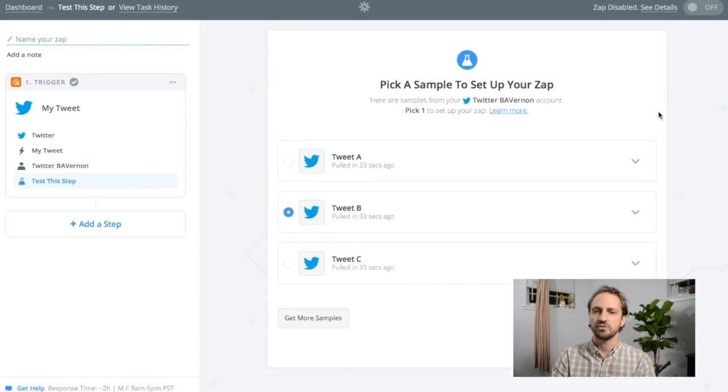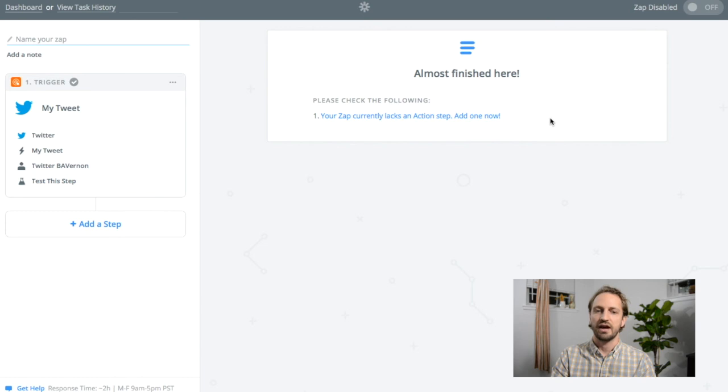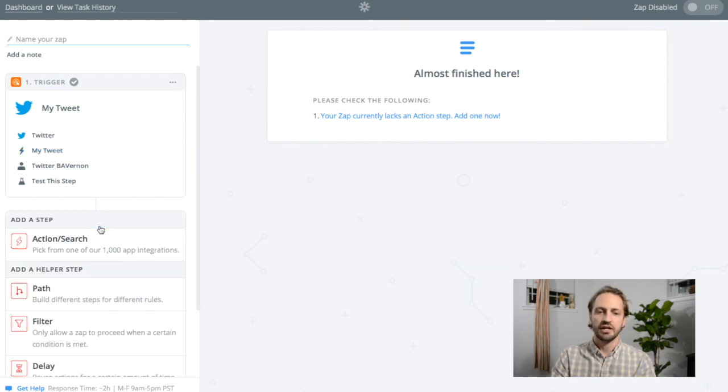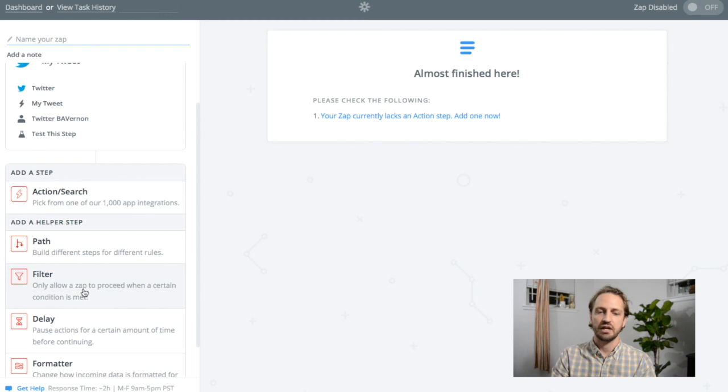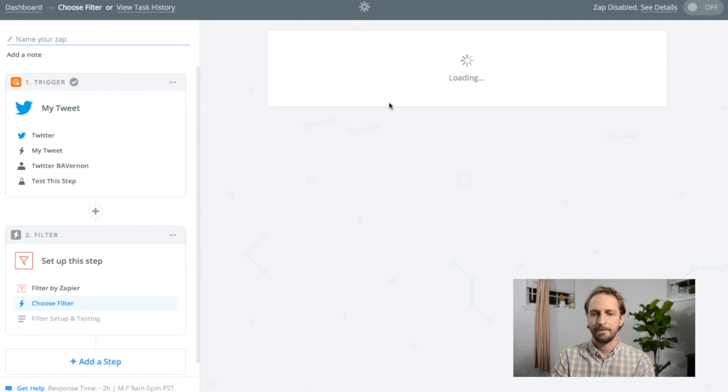What we're going to want to do is create a filter here, and that way, if a tweet is a reply, we're not going to move forward. So this is a great example. The next step we want is a filter. Now this is a little bit more advanced, but I think you guys are ready. So only continue this zap if